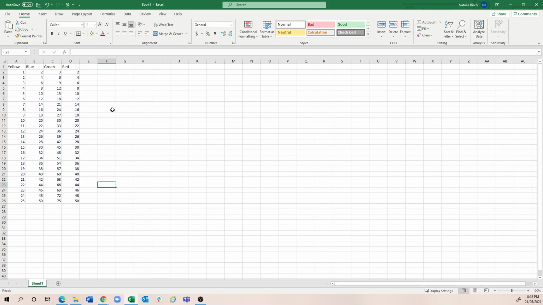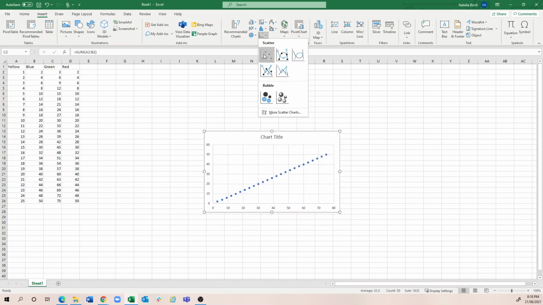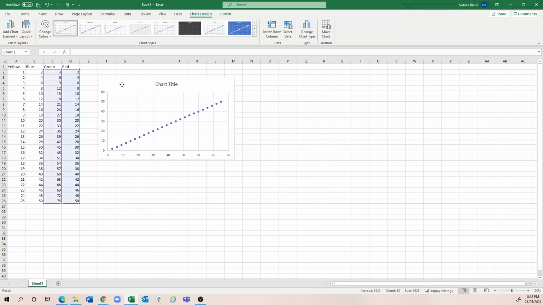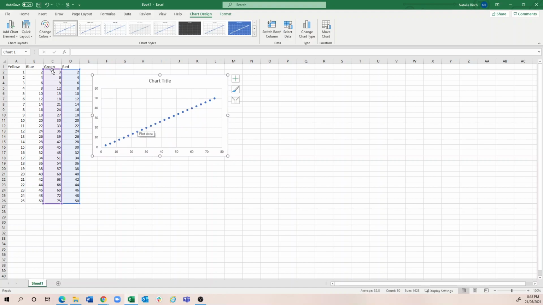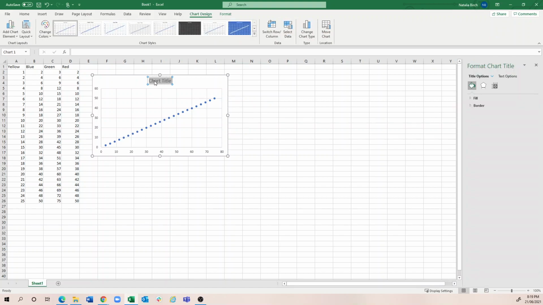Another cool feature that it has is different graphs. For example, if you would like to do scatter graphs, you can insert a whole bunch of different scatter graphs. To do that easily, you can select the data set that you like, for example, the green and the red column, and then select the data chart, and it will give you those 2 columns plotted. As you can see, this is the x-axis that has been given, and this is the y-axis that is given. From this you can then change the title to, for example, green versus